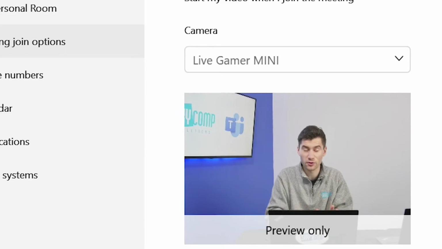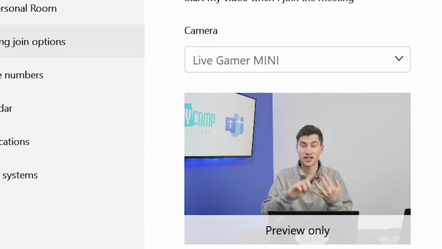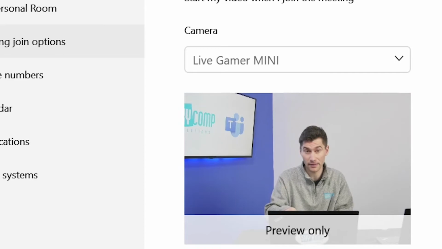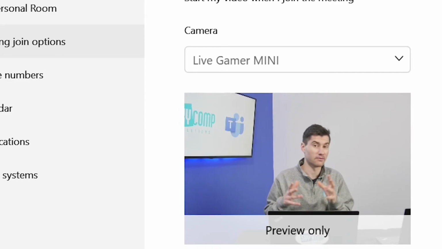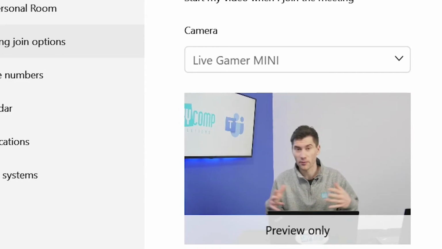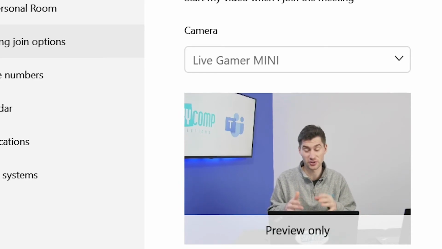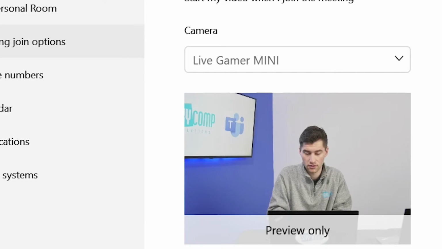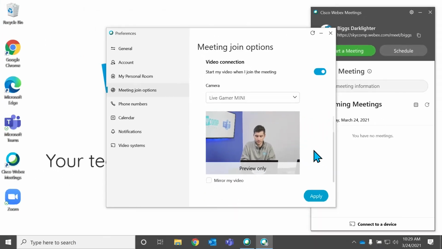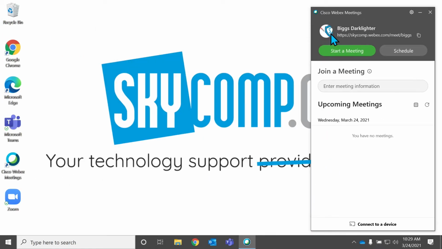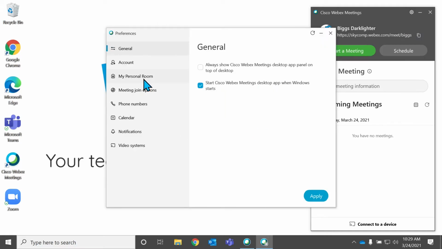And then we have to remember here, like Teams, like Zoom, they didn't have this apply button. Only Webex, in my experience here in this tutorial. There are probably other virtual video softwares that do have the apply button, but in this case, only Webex has this apply button, and you have to make sure to hit that. We're gonna hit it a bunch of times just to make sure that it's set. There we go. So now we're gonna close the settings out, go back to preferences, make sure once again in my meeting join options,